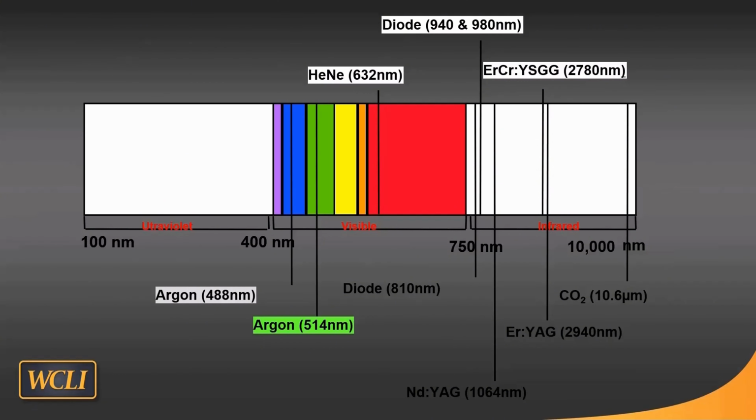As we get to the mid-infrared, I forgot about Nd:YAG. Nd:YAG is at 1064. It's very close to diode, but it operates very differently. As we get into modes of operation, I'll explain the difference between how a diode and an Nd:YAG work. And then when we get to the mid-infrared, around 3000, we see the erbium-YAG and the erbium-chromium YSGG, which is